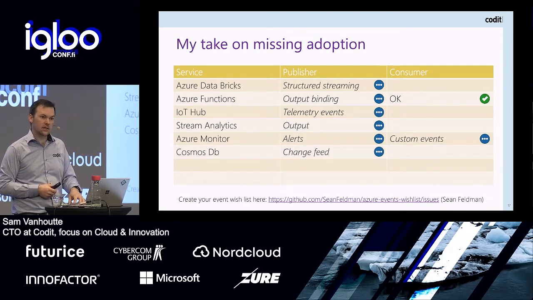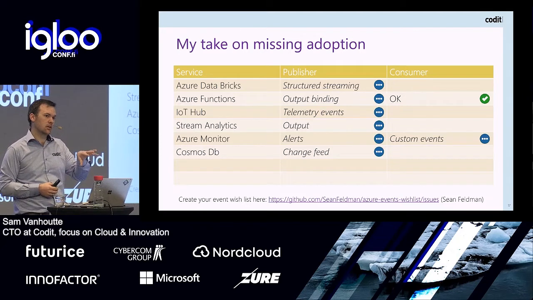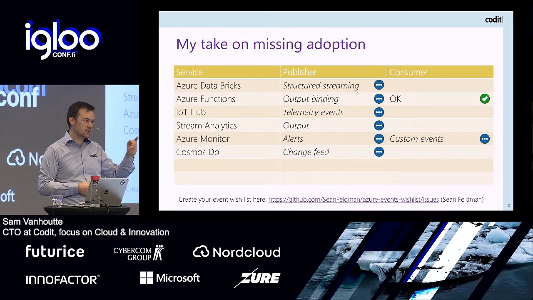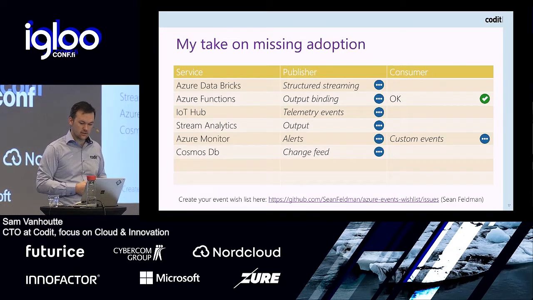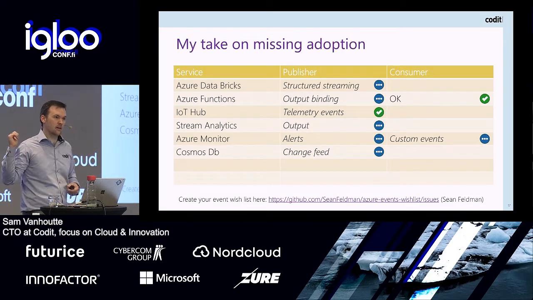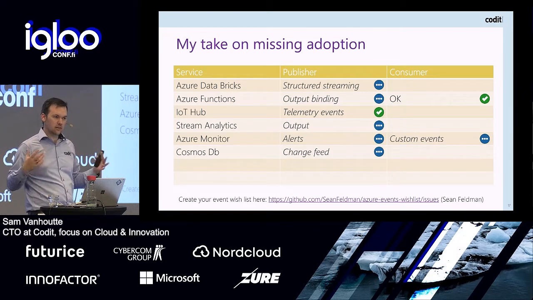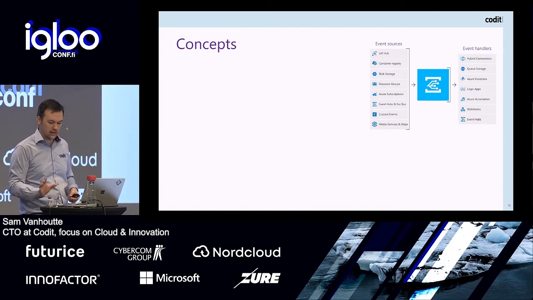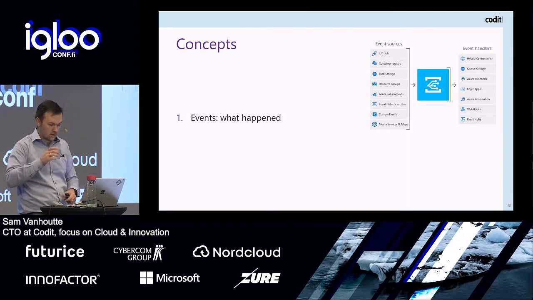Stream Analytics, I'll show that. In Stream Analytics, you can output to functions and so on, but you cannot output to Event Grid, which is something I miss. Also in Azure Monitor, there's things missing, and of course with Cosmos DB. Okay, so of course use that GitHub thing because we really want to leverage it towards Microsoft also to put a little bit of pressure from a community and customers.